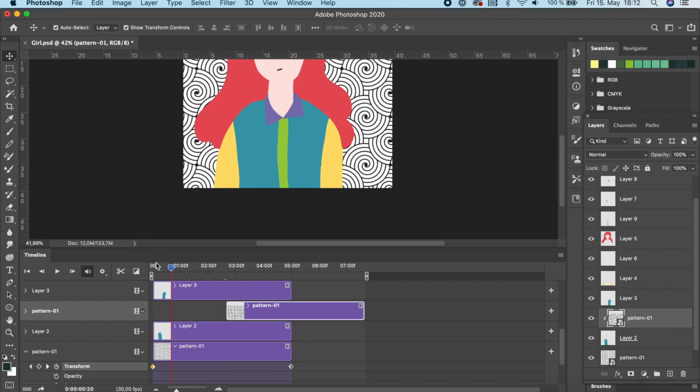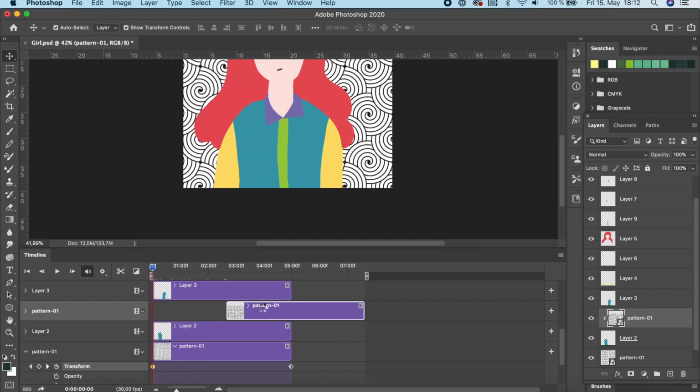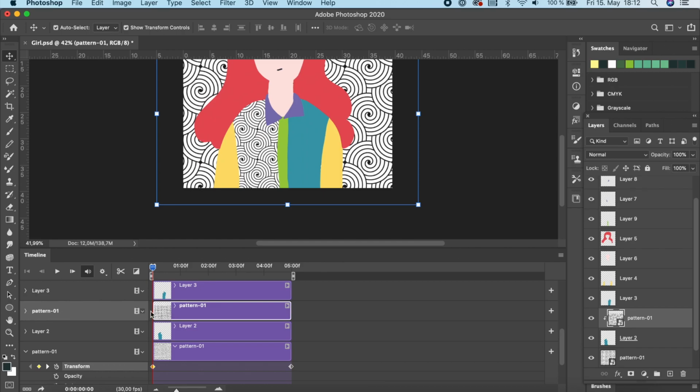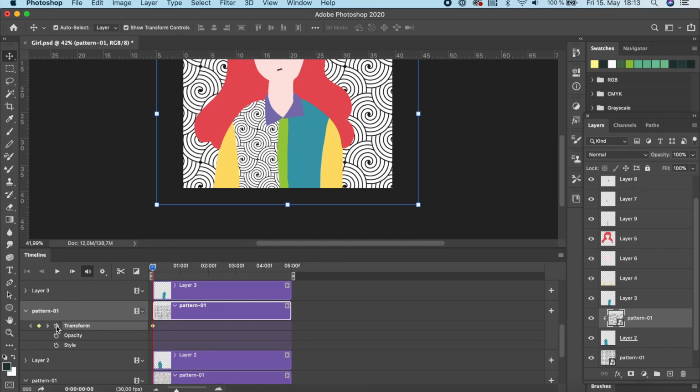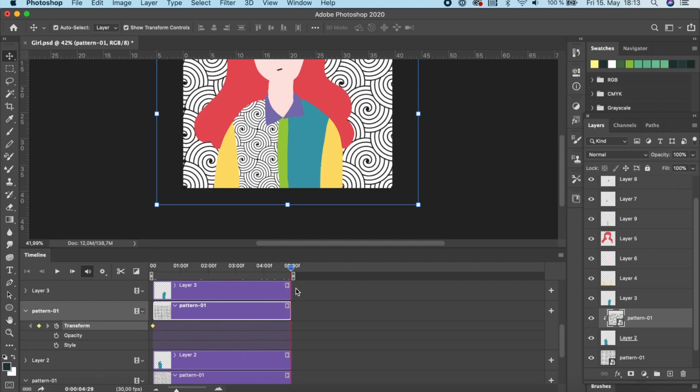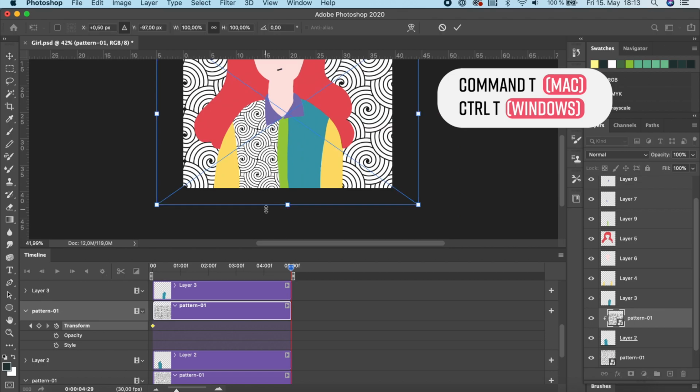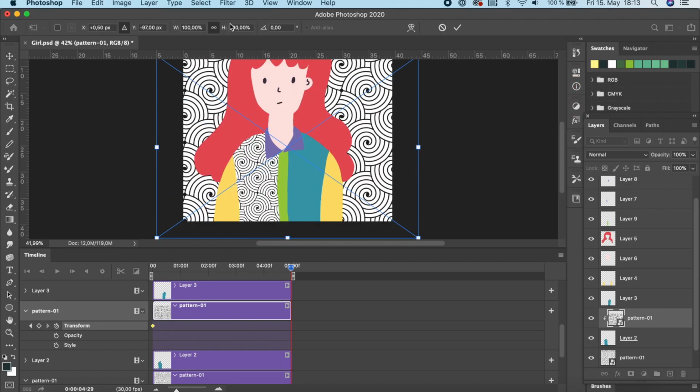So I'm just going to move this back all the way to 0, and then drag this pattern to make sure it sits at 0. And now let's click on this button here, click on transform to create a keyframe, move all the way to the end. Now press Command or Control T to bring up the transform tool, and in here make sure this is selected. This again, you can give anything, I guess, but let's give it minus 500